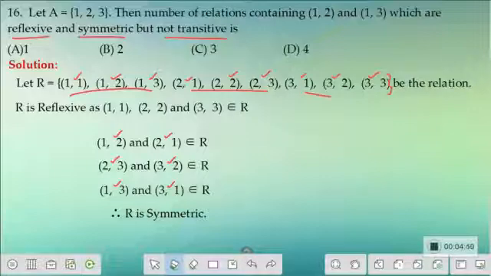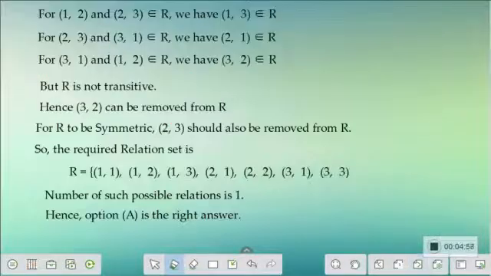Note from the question that you must have (1, 2) and (1, 3) in your set. It must contain these two elements. So when I'm looking at the possibilities here, I must have (1, 2) and I must have (1, 3). Now if I should have (1, 3), I should have these two, (1, 2) and (2, 3), to be there. And to have (1, 2), it is not necessary that I should have the remaining. So I can consider this (3, 2) to be removed from this relation.